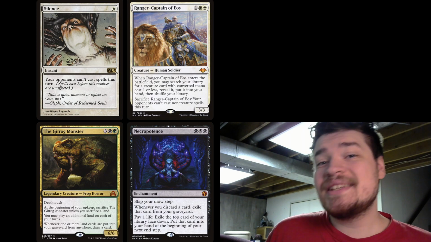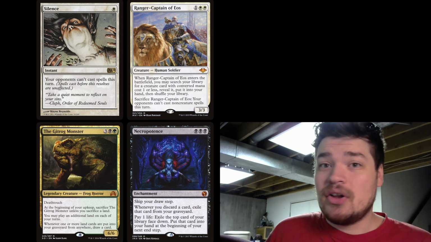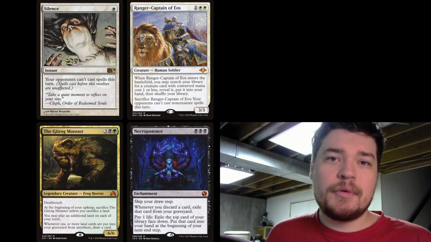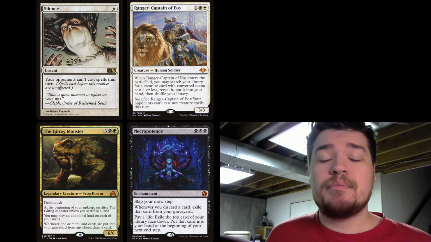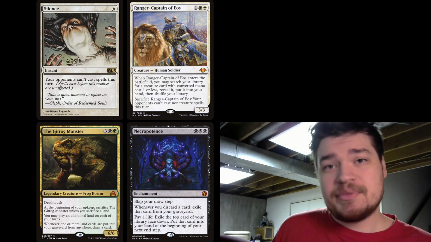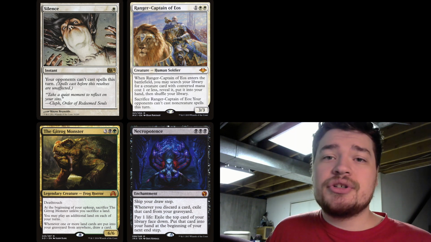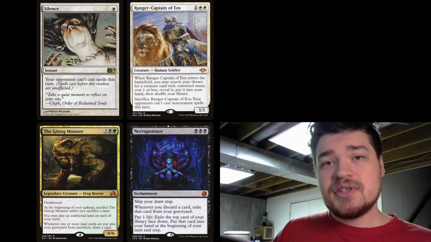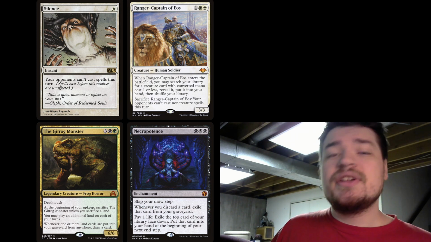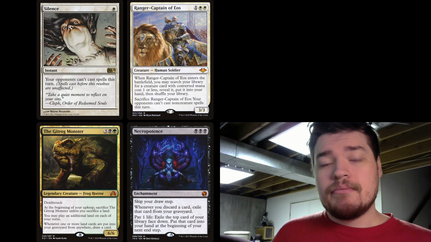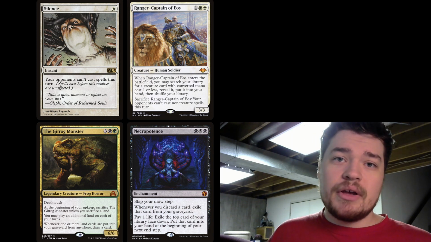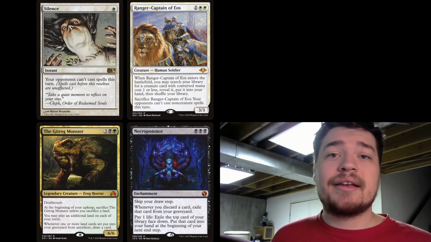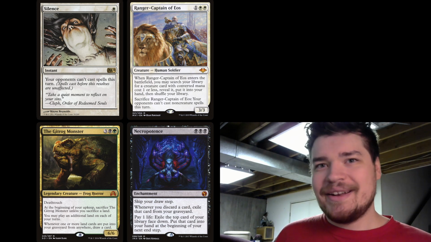Number 3, you can still cast spells after a Silence resolves. Now, this one's a little weird, but in order to understand this, we're going to take a look at Magic rule 117 that specifically talks about what happens in various steps and phases. And when you reach your end phase, which is broken into 2 separate steps, being the end step and cleanup step, we'll see that a couple different rules interactions happen. Most notably, once you go to cleanup step, no player gets any priority unless something creates a trigger that would go on the stack that can then be responded to, and more on that in a second.